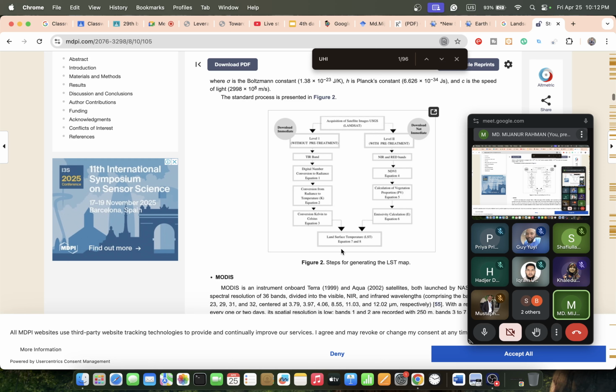So basically, in this case, the formula is: urban heat island equals LST minus average LST, divided by standard deviation. If you compute this equation, then we can easily find the urban heat island. So in this case, we need to compute the mean of LST and also the standard deviation of LST. So let's try to apply